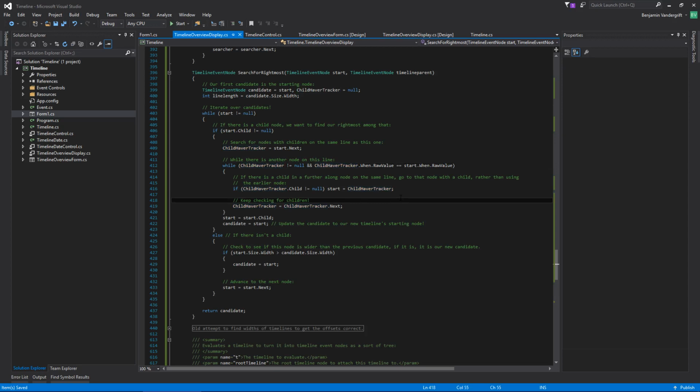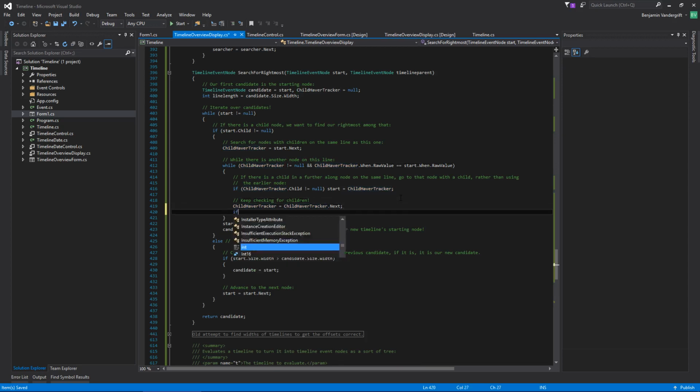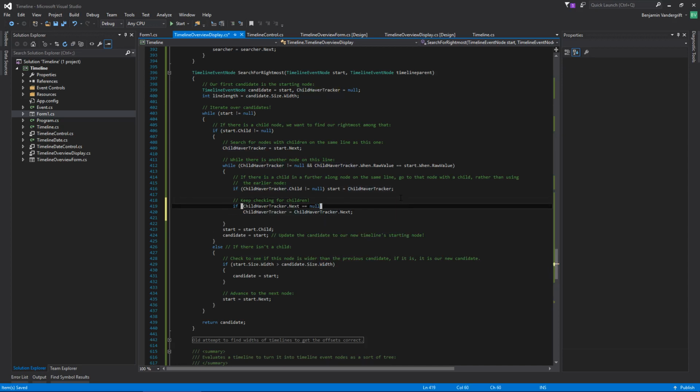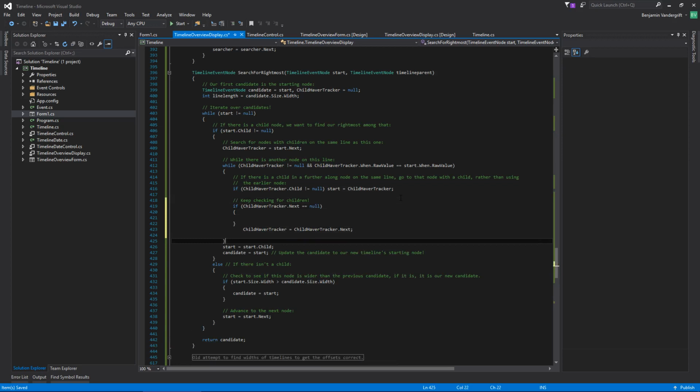So what I actually want to do here is if child tracker dot next is equal to null. Now I actually want to put it right here. So if the next is equal to null, and this means we're